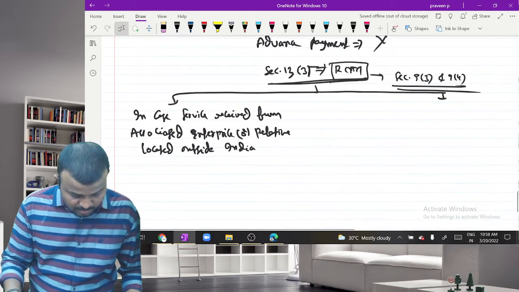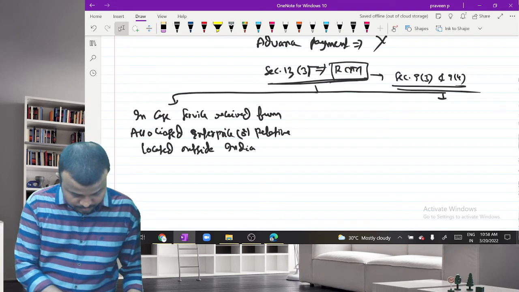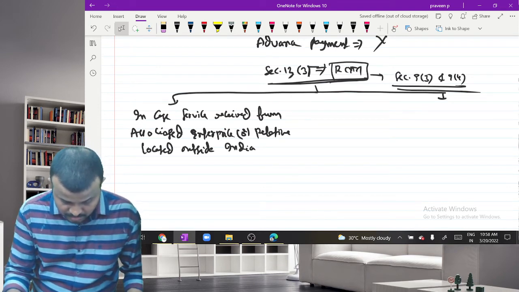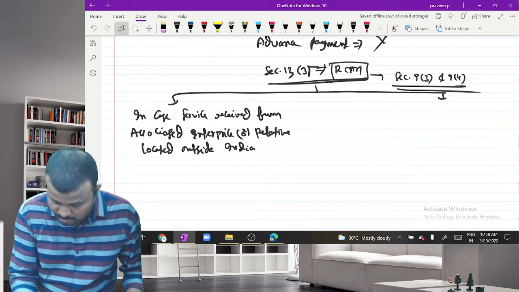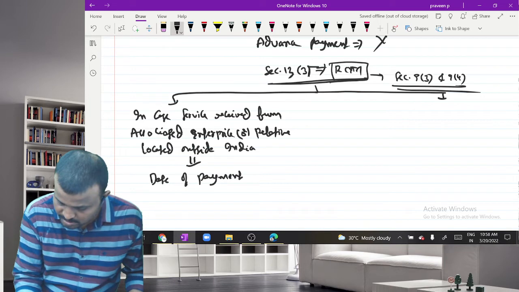Here the time of supply is nothing but date of payment